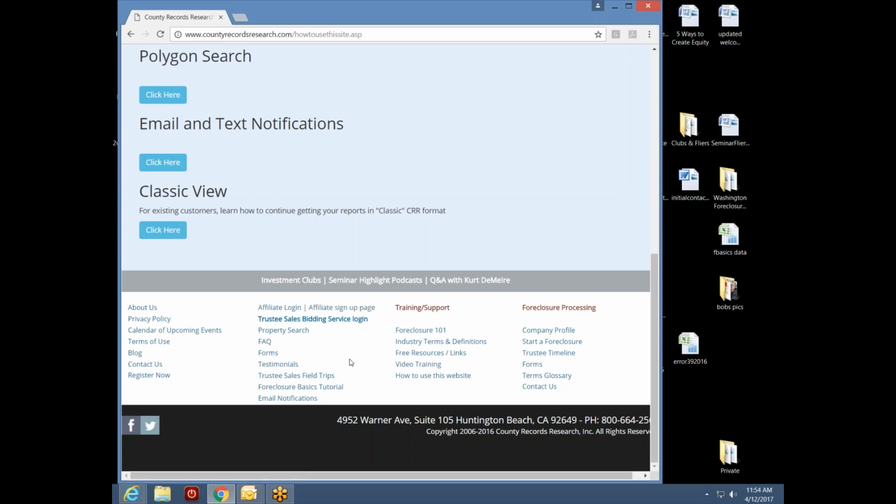You can contact us further if you want to find out more about partnering with County Records Research, but the affiliate login was specifically designed for local clubs that want to set up their own promotional code to encourage members to join the service, and for the club itself to actually generate revenue from those members joining the service.